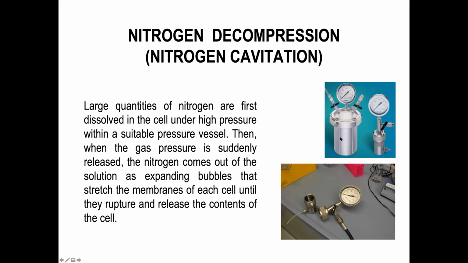So what happens then? You increase the pressure in this vessel, and you let large quantities of nitrogen flow into this vessel. And what happens is that the nitrogen under this high pressure makes a phase transition from the gas phase into the liquid phase. And that means the nitrogen is now in the liquid phase, and you have this cell solution where the nitrogen is in the liquid phase, and it also is in the cells. When you release this pressure, what happens is